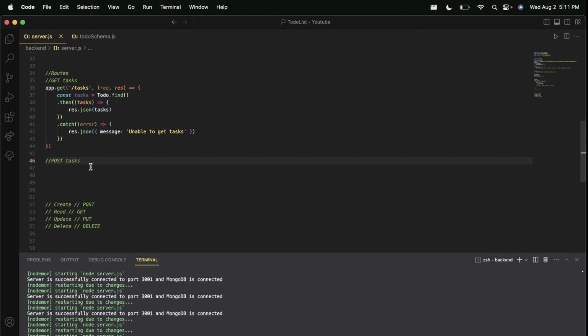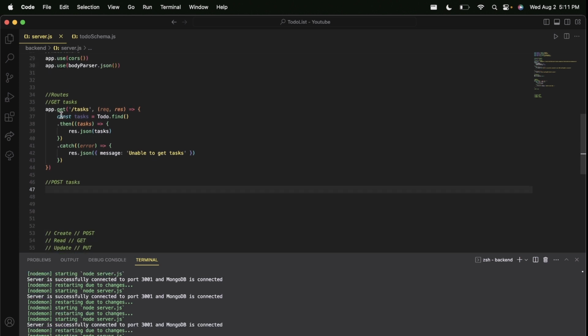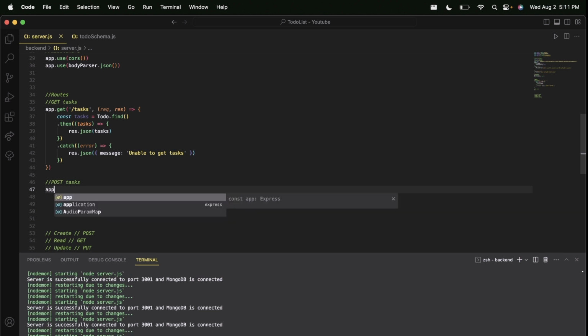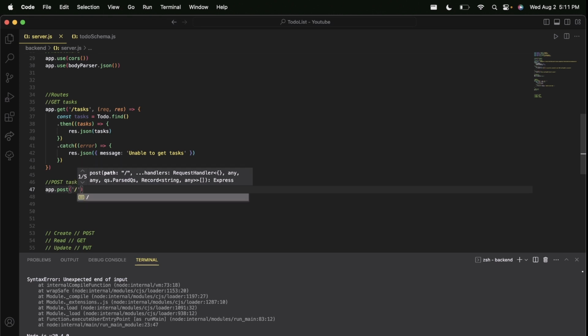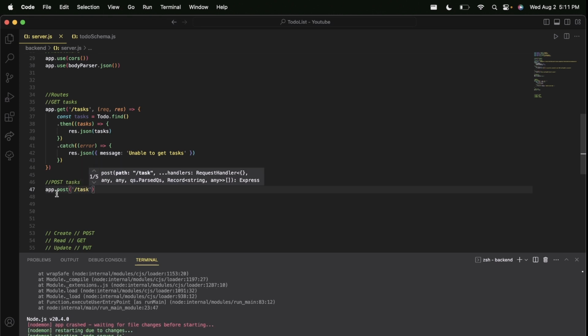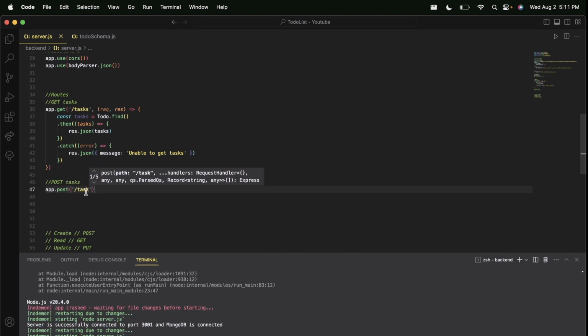Okay. And as you can see, for future reference as well, a lot of this is going to be pretty much the same code, but with interchangeable parts. Okay, so what we will do is app. We're going to use the express app to not get but post. Okay, and then inside of the /task path,